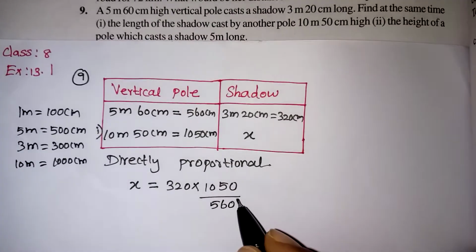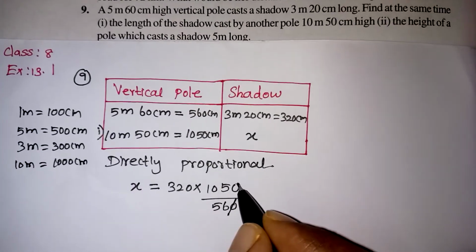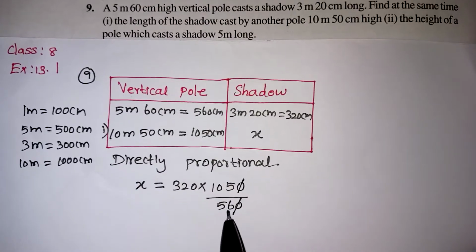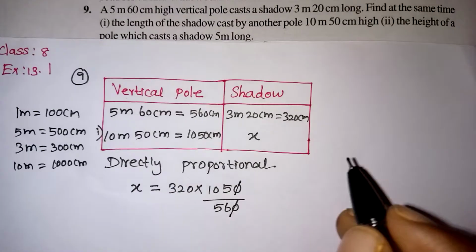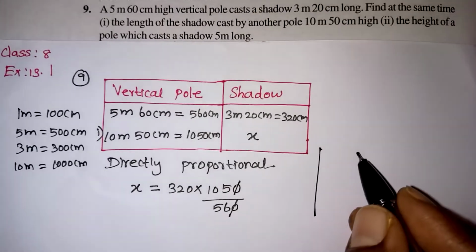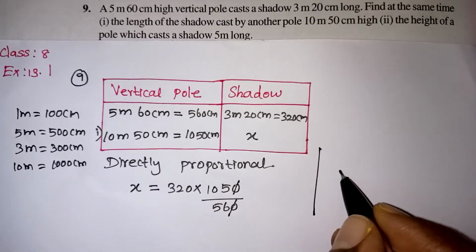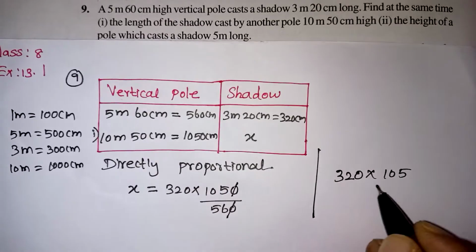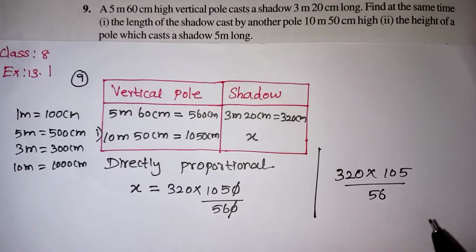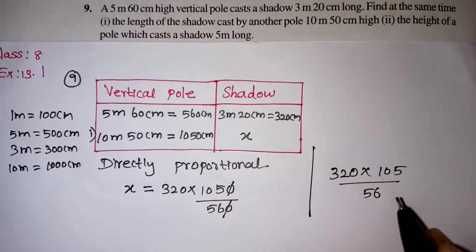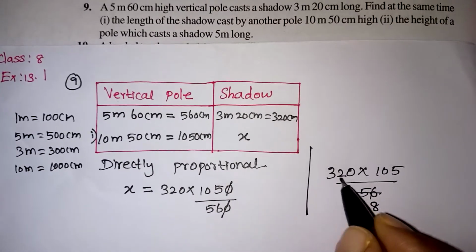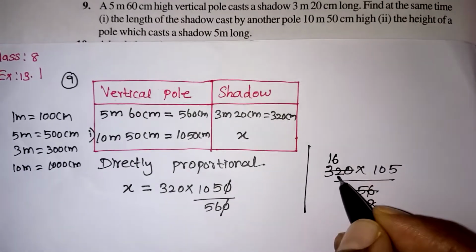Now we have to cancel. 0 and 0 will get cancelled. Then we can cancel these two by the two table. Let us calculate here, then finally you can write the answer in your paper. Just use the rough column always to complete the calculation. So 320 into 105 by 56 we are having. So we are going to cancel by two table first. 2 2s are 4, balance 1, 8. Again this one, 16 2s are 32.